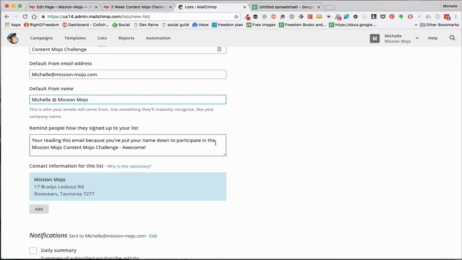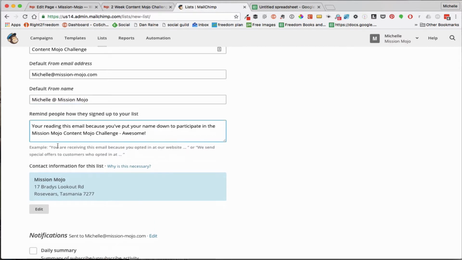So there's that one. And this one down here is actually something quite interesting. So this is what will sit at the bottom of the emails. So it reminds people why they're even getting this email in the first place. It's at the bottom of all the emails that MailChimp will send, and gives people the ability to just click a link and instantly unsubscribe from your list, which is really important, and it's important for the anti-spam authorities all